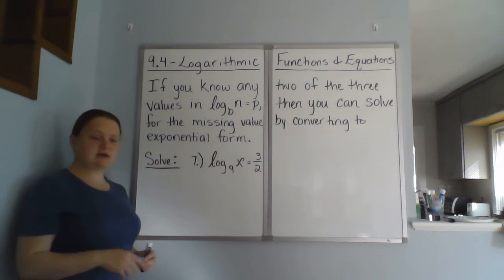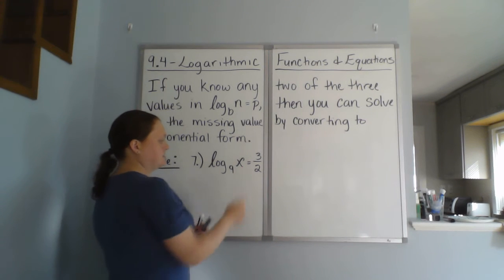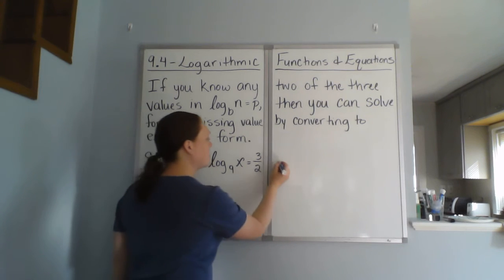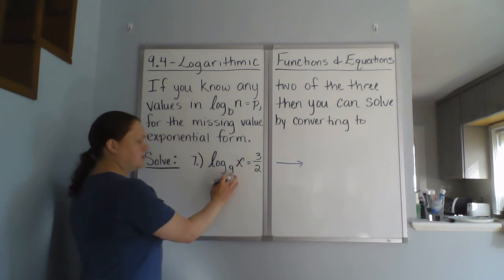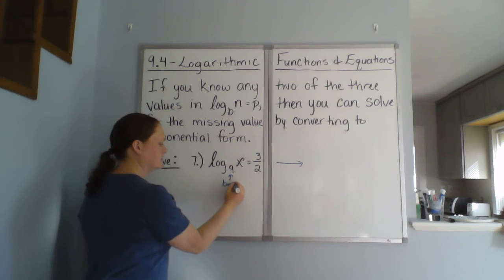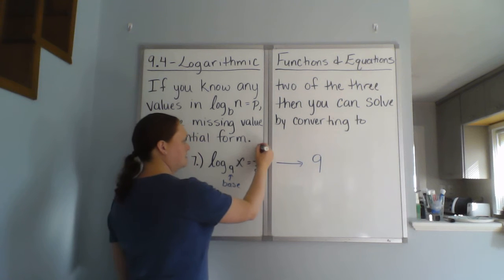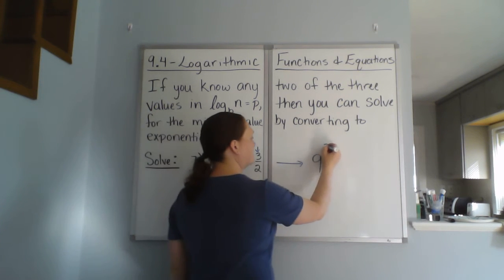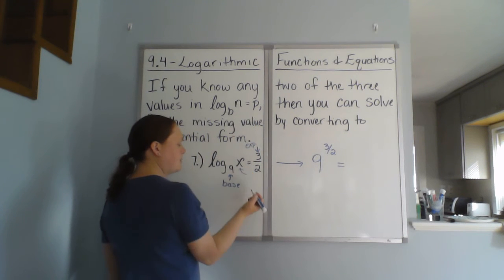So we're going to go through three examples of this. So this first one, problem number 7, log base 9 of x is equal to 3/2. So the first thing I want to do is rewrite that in exponential form. So remember, the little number down next to the log, that's your base. So we have a base of 9. What's isolated, 3/2, that's the exponent. So 9 to the 3/2 power is equal to, the inside is what we're going to be equal to, that's